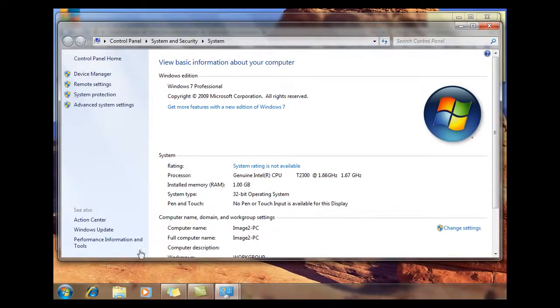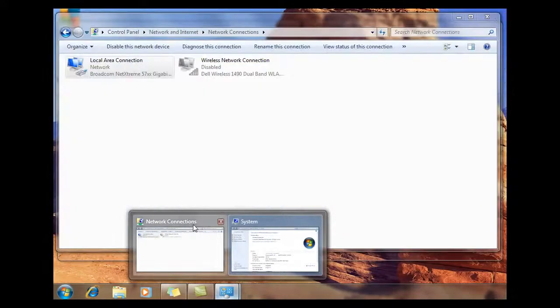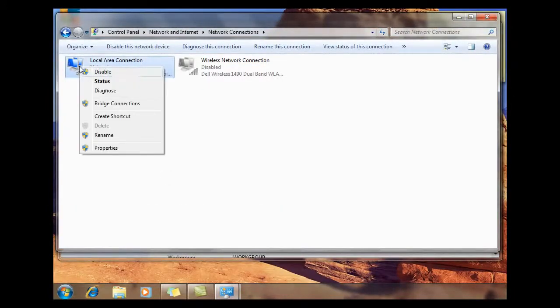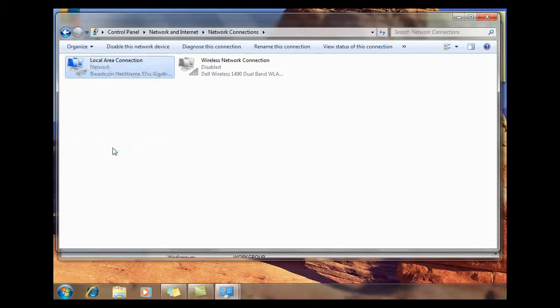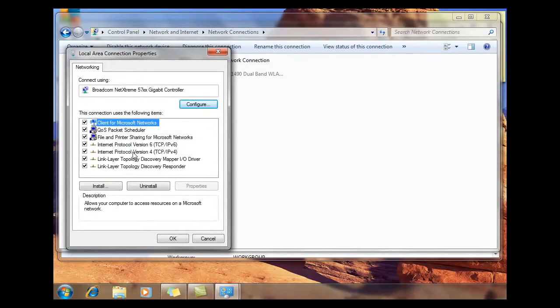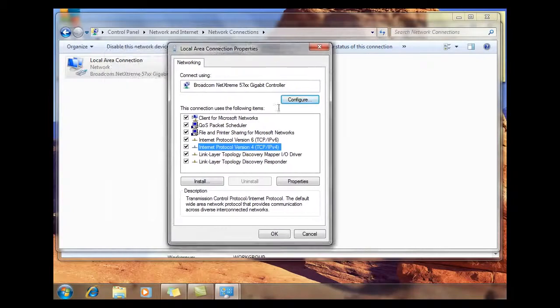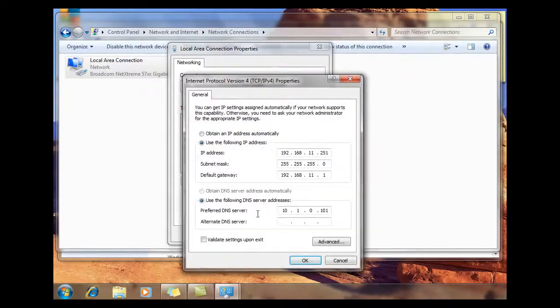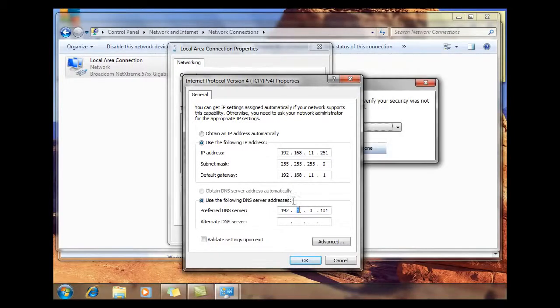So to solve that problem, what I'm going to do is I'm going to go back to my network connection. I'm going to right click on my local area connection, go to properties. I'm going to highlight my TCP/IP version 4 again, right? I'm going to go to properties, and I'm going to change the DNS setting. Instead of using a public DNS server or a private DNS server that's actually going out onto the global DNS servers to resolve names to IP addresses, I'm going to put in the IP address here of my Windows server. So I'm going to put in